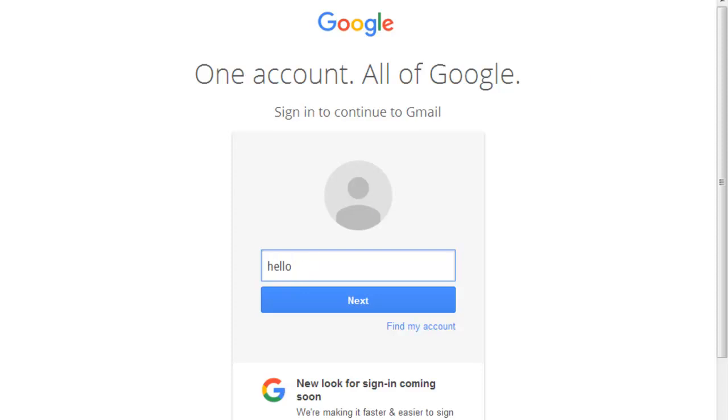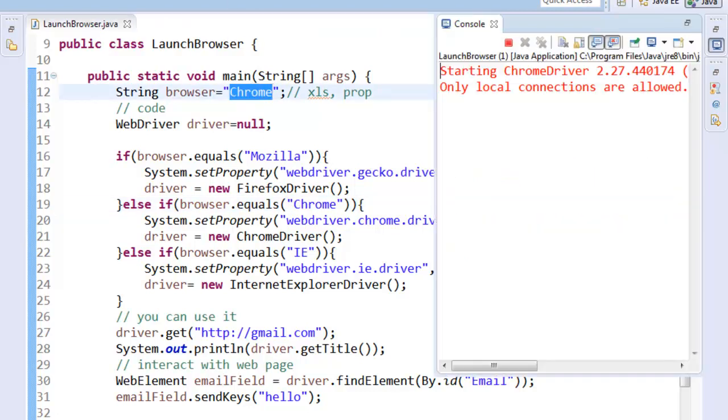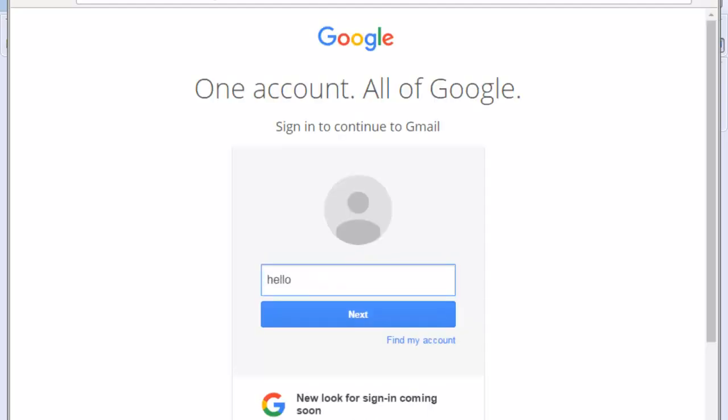Now I can run the same code on Chrome. When you run this, it will open a Chrome browser, go to Gmail and type in hello.